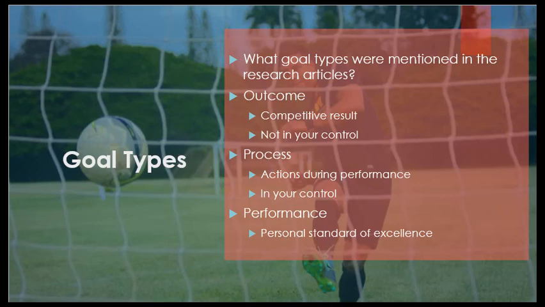In addition to defining goals, it's also important that we understand differing goal types. There are three essential goal types that we can set. First, there are outcome goals. These are the results, but the problem with results is that they're not in our control. So we need goals that we have control over, and those are our process and performance goals. Process goals are actions taken during performance, or the goals we set in order to reach milestones. Additionally, we have performance goals. These are personal standards of excellence, set not to compare ourselves to others, but to compare ourselves to previous attempts at the same task.